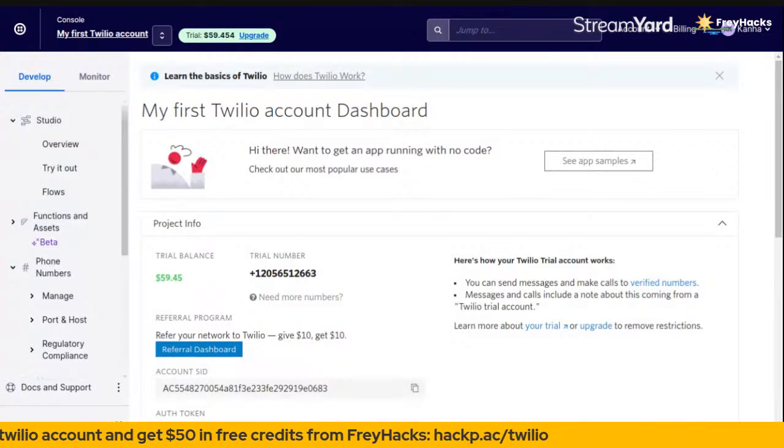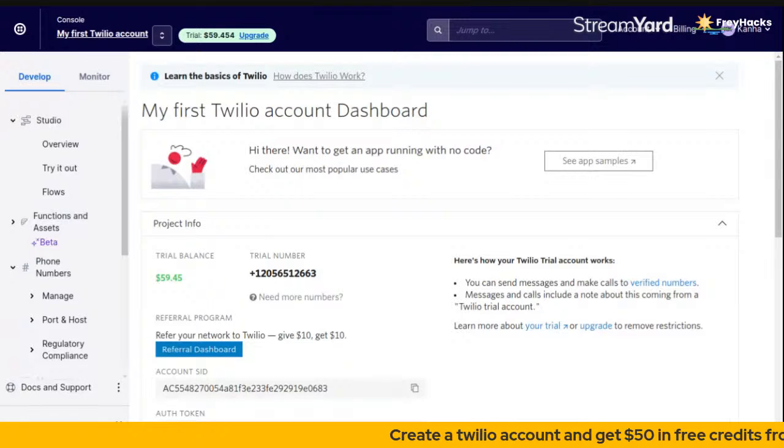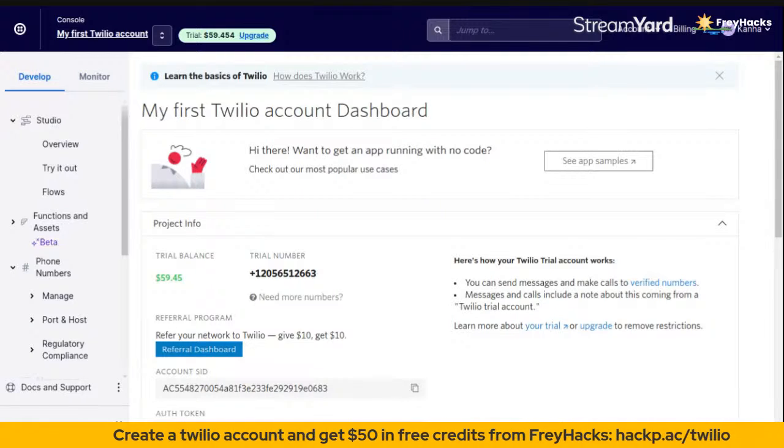Yep. Okay. So right now we are going to do a really basic thing. So when anyone calls this number, they need to hear a message, right? And so for that we are going to use a